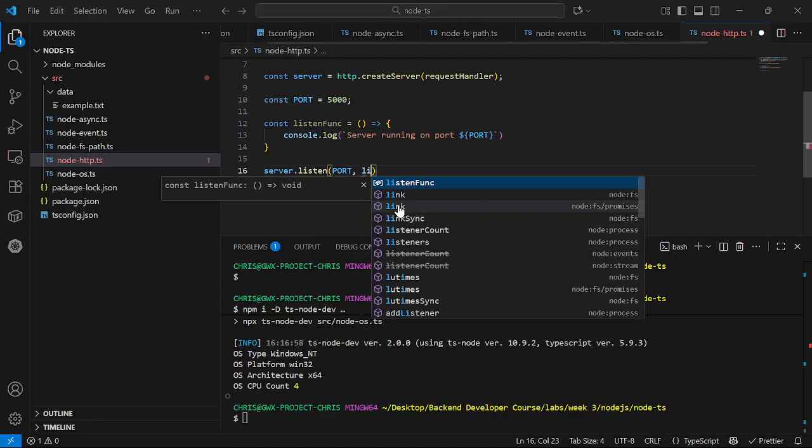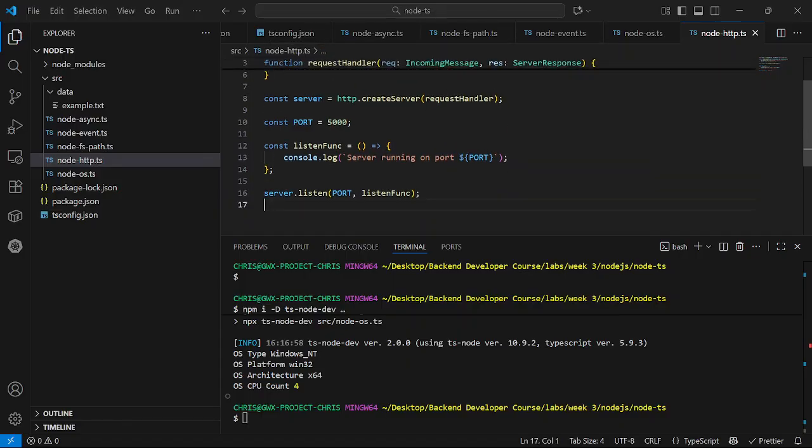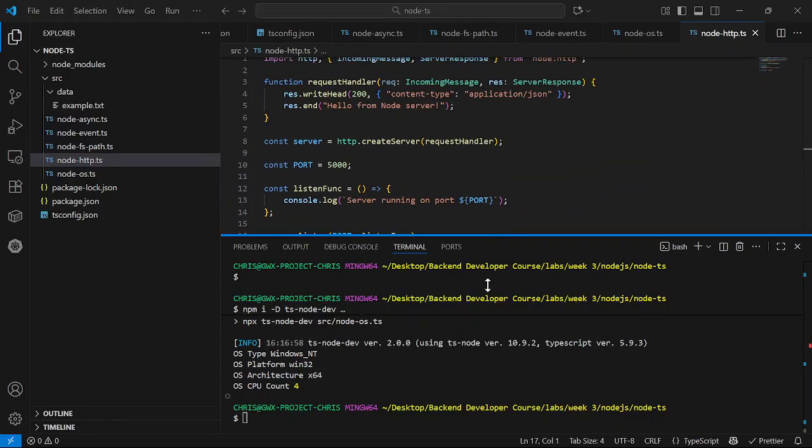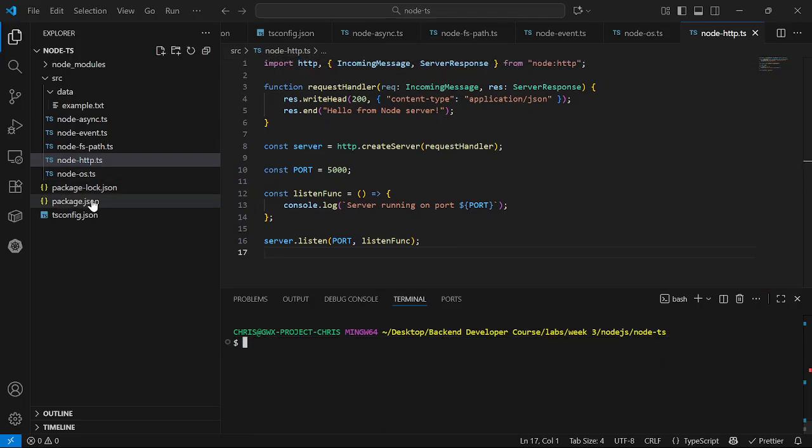So I'll now put this listen function here. So guys, this is our server, our Node.js server. This is the fundamental way it works. So let's run it. We come here,